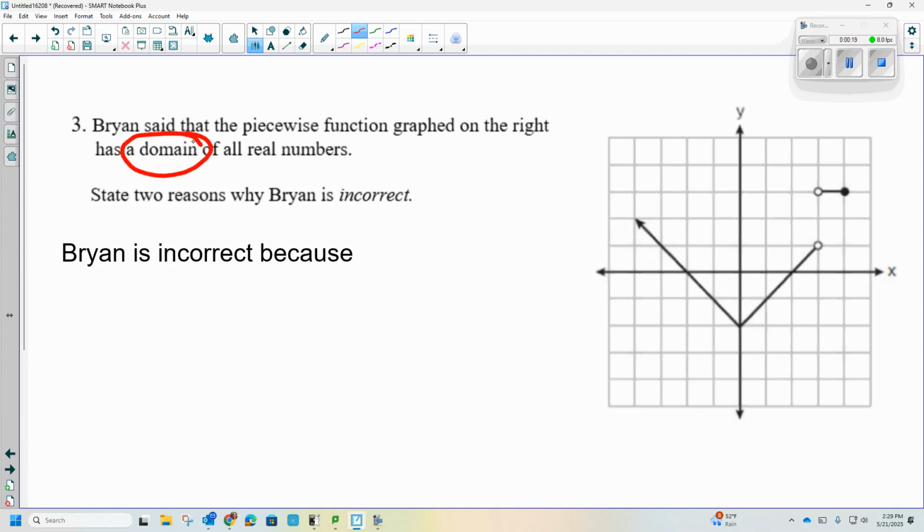I'm going to first just illustrate we're talking about the domain, and we have to remember that that means our x values. Okay, and we know that he's incorrect, so our x values are going right to left. How far or where is the graph going to go right to left? So I see this arrow here. That tells me that this is going to go on forever. So we could say negative infinity for this side. But as we continue this way,